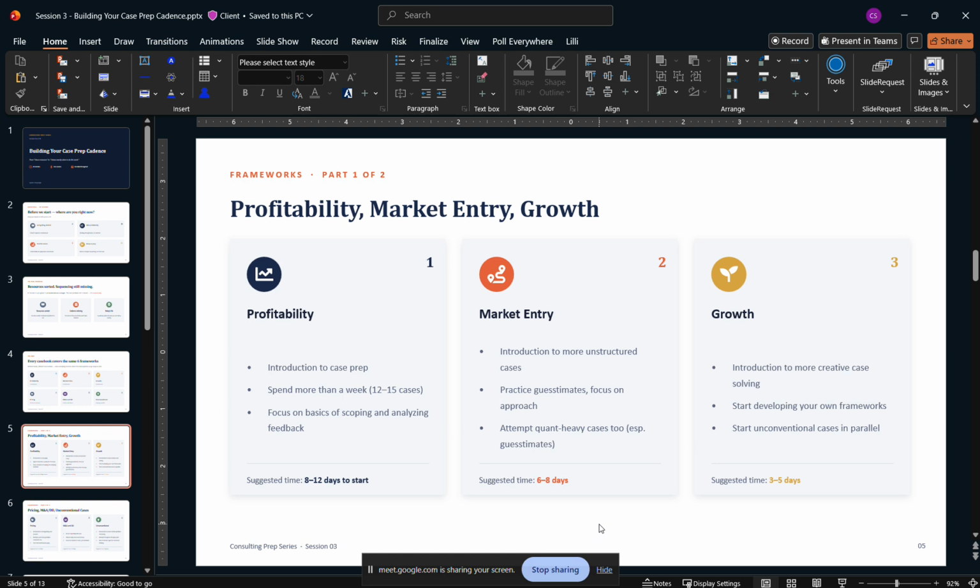Chirag, just one small question here. You talked about some particular categories of profitability cases. How would you recommend that we approach each of these categories, and where can I cover all these categories from? One place you can cover them again goes back to the fact that every casebook has everything,